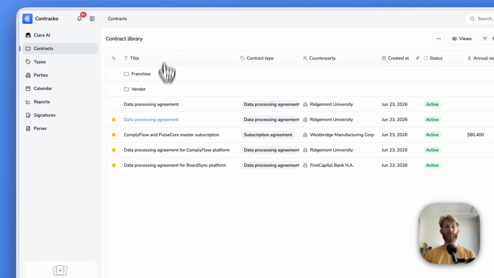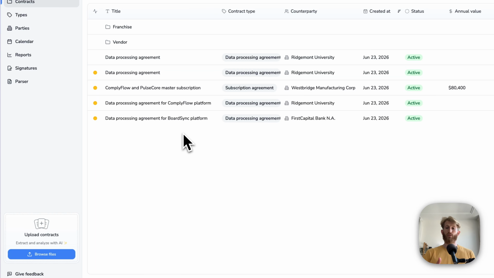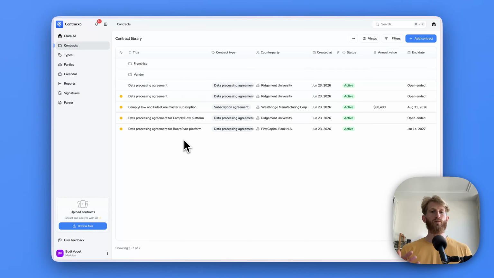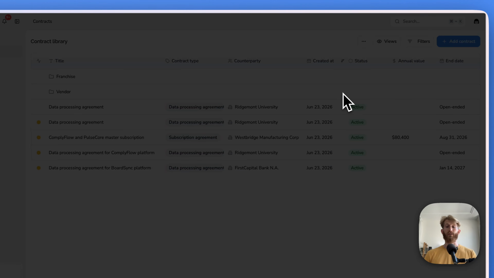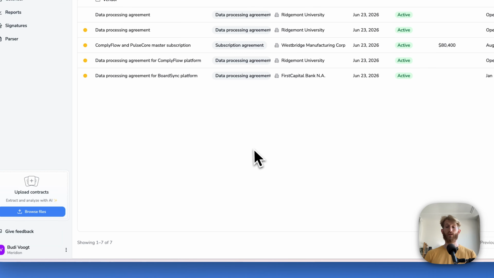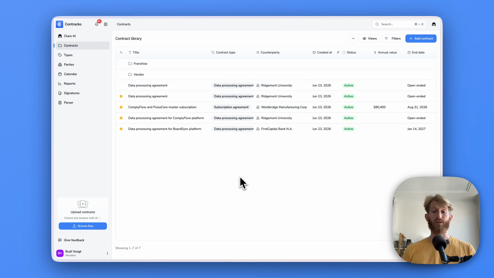Now, that's a good opportunity for us to take a look here. When you bring contracts into Contracko, it triggers an AI extraction. That means AI is going to get all the contract fields out, but it's also going to run an AI analysis on risks, liabilities, and so forth. You can get contracts into Contracko in different ways. You can upload them like this, and just upload multiple of them. You have a custom email address that you can email contracts to, but we also have a Zapier integration, which you can connect to e-signature providers or your cloud hosting of choice, so that it could track a folder.